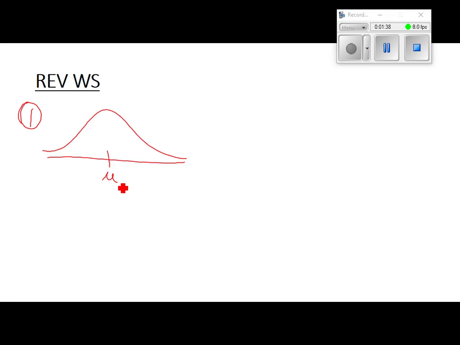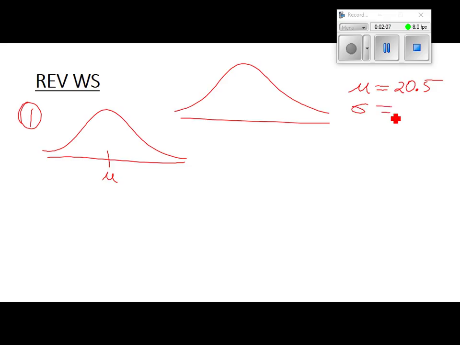When we draw these curves, I know one of them on the homework, I think it was on this homework, it was asking you to draw the curves. If your mean is 20.5 or whatever, and your standard deviation is 2.78 or something like that,